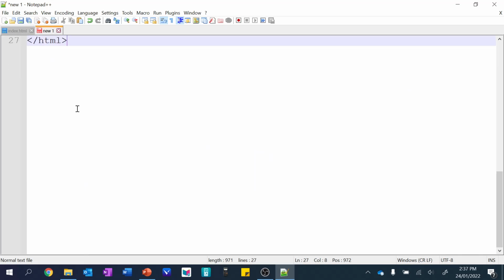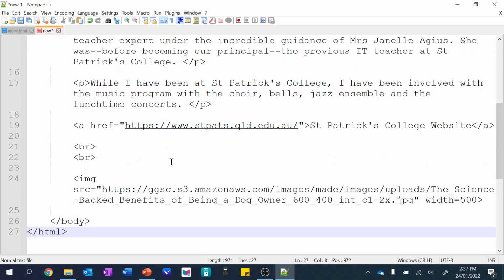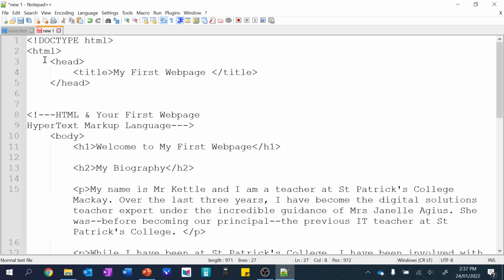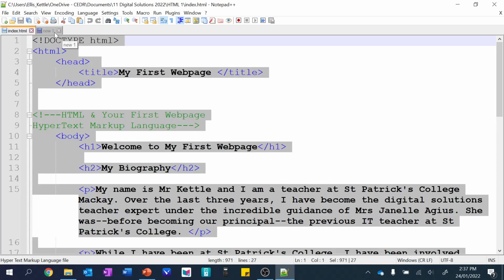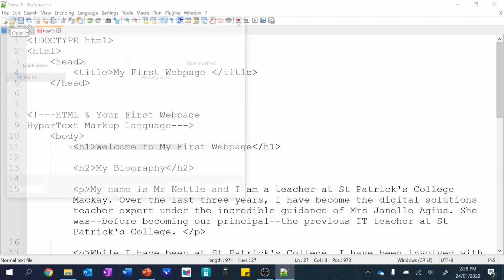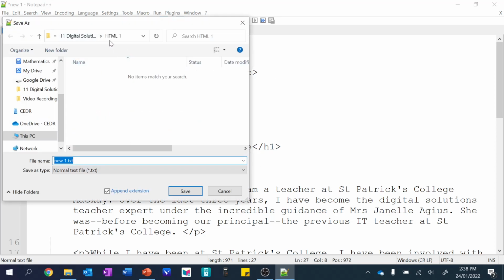You'll notice that nothing's really working. The links are both coming up blue, but apart from that, all of the color coding's gone. That's because it doesn't know that this is a HTML file. This one knows it's a HTML file. This one does not. So the first thing we're going to do is save it. Control S, and it already knows where to put it because I was already saving in here. So Digital Solutions, HTML1, and I'm going to call this one